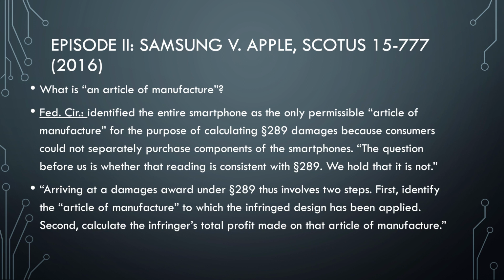So this brings us to Apple, episode 2, Samsung, the battle continues, because it raises a question for damages. What is an article of manufacture exactly? What are you getting the profits on? And so in the Apple-Samsung case, as we revisit it, remember the Federal Circuit here said that the question is: is the entire smartphone the article of manufacture to calculate damages, or is it only the shell of the phone that's the article of manufacture, so that you'd only talk about the profits that come from the shell and you'd ignore the profits of all the innards.